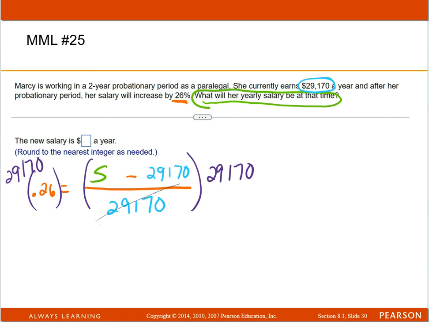On the left side, it just cancels out. On the right side, over there, it cancels out. It's like to take the 29,170 and multiply that times 0.26,